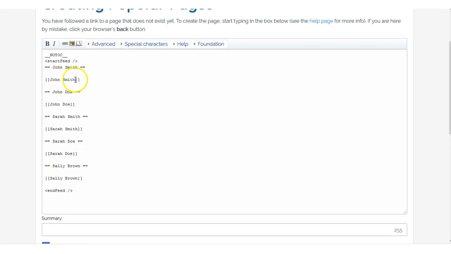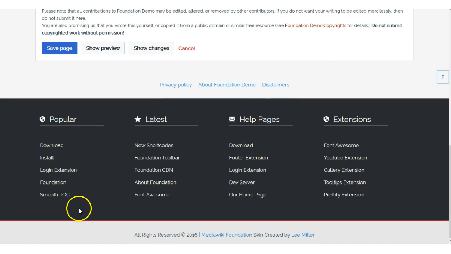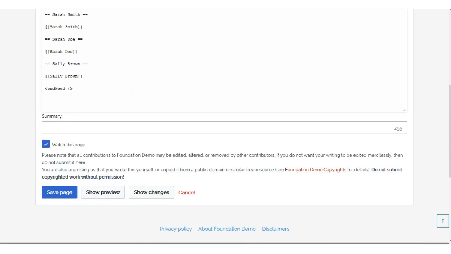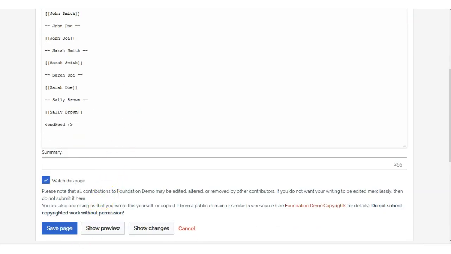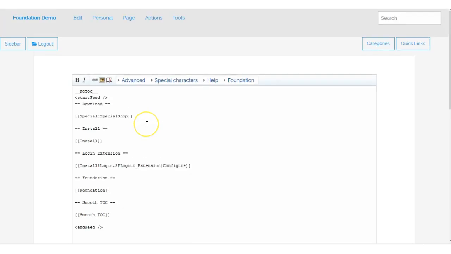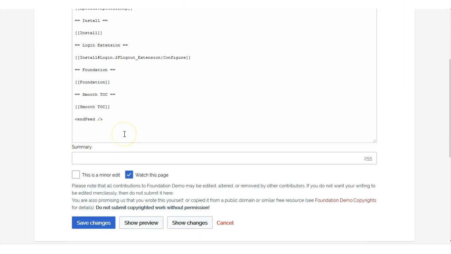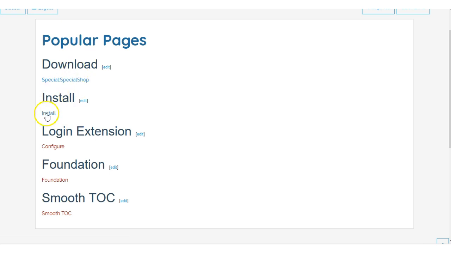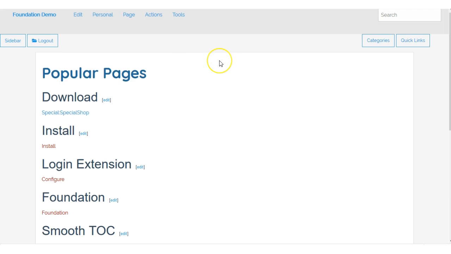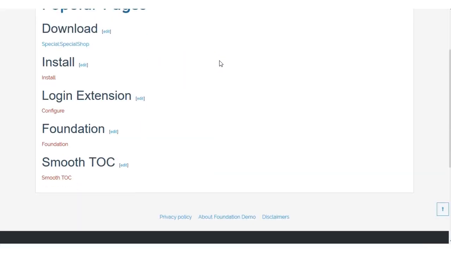Now I'm going to change these to these, and that'll take me a little while to do. So I'm going to pause the video and then come back when I've finished. Okay, so I've added all of those pages in here now. Save. It doesn't matter that none of these pages here are created, that's not important. So once we've got this page finished,